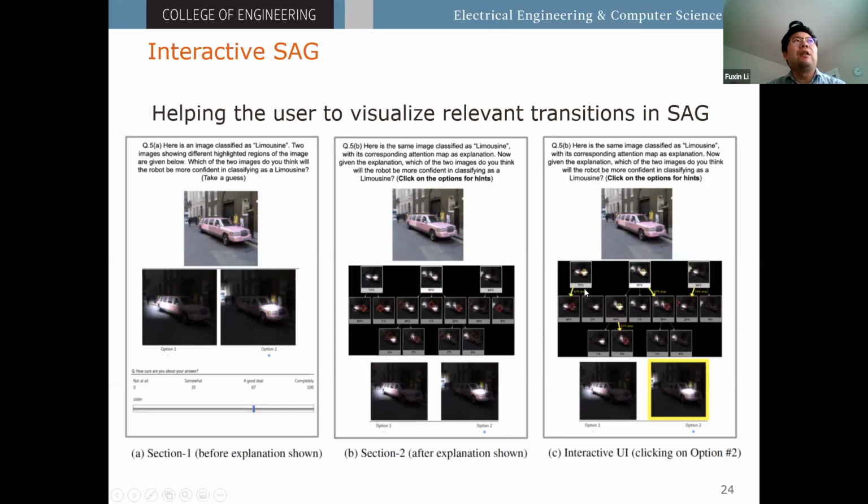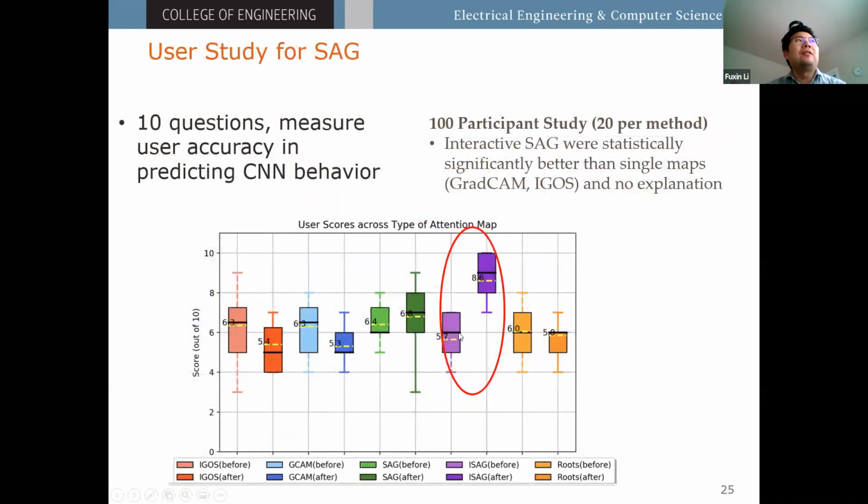But if we show that, okay, this is the part of the heat map that is related or that is close to this patch, if we show those relevance arrows, we call it interactive SAG. And then you can see the user score jumped by 3 questions when it is shown in the interactive SAG. So you can see all the others, there is basically no difference between showing no visualization and showing some visualization. Only with interactive SAG, the user performance jumped